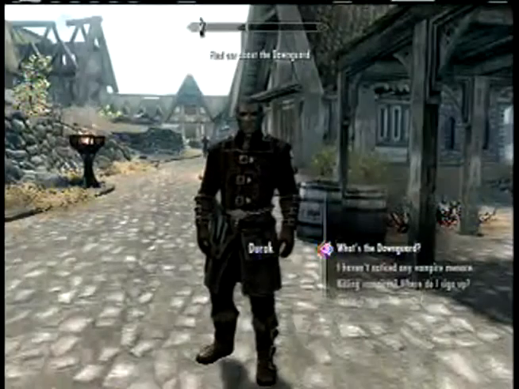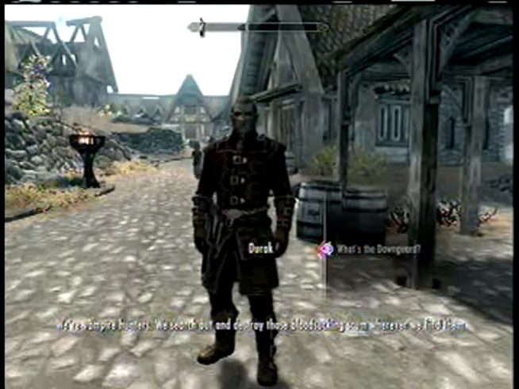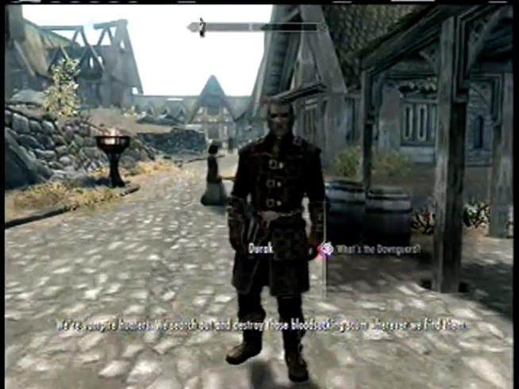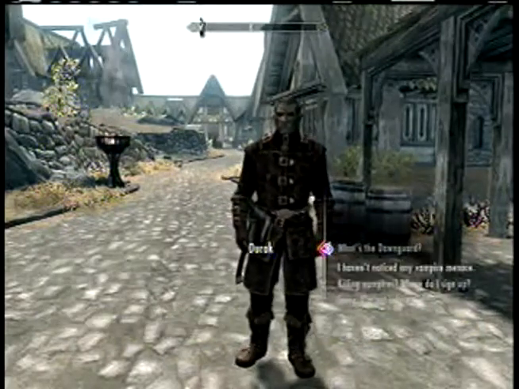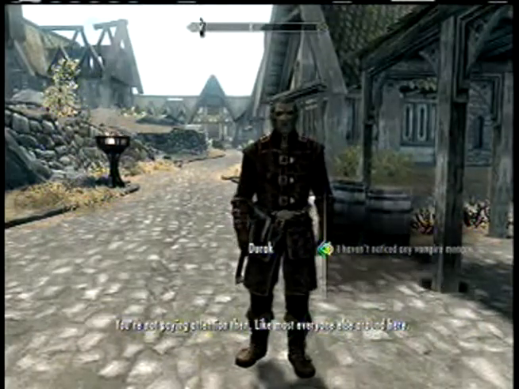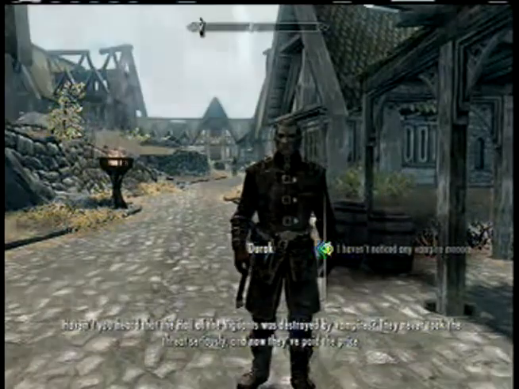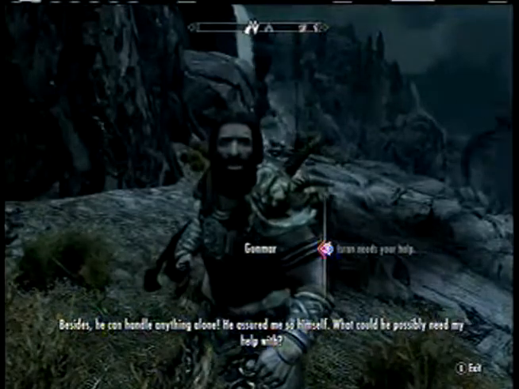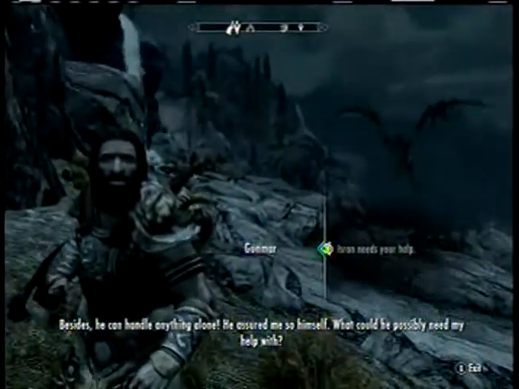This DLC begins with you running into a stranger once entering a city. This man will ask if you're interested in joining his order named the Dawnguard. Naturally, you will then ask him what the Dawnguard are, to which he will respond that they are an ancient order of vampire hunters who have been re-established due to the great vampire threat. Now, I haven't noticed any great vampire threat in Skyrim personally, but hey, I guess I was a little too